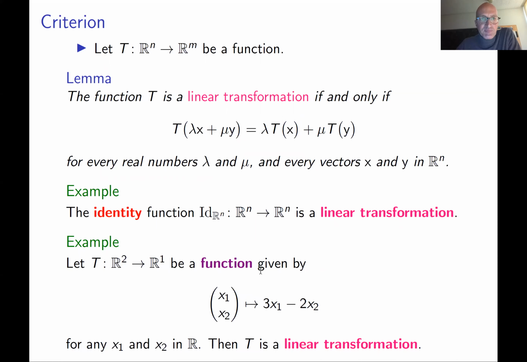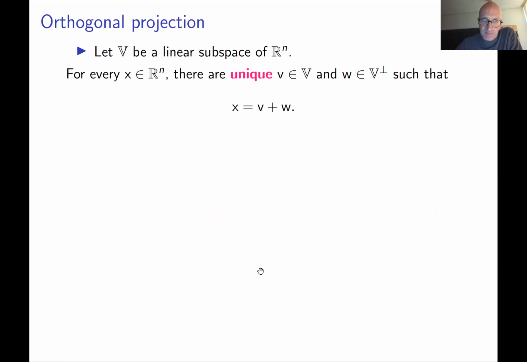Okay. And here's a more complicated example of linear transformations, which we already implicitly considered in the previous lectures. This transformation is called orthogonal projection. First, let us define it as a function, and then we will see that this is an orthogonal projection, and a linear transformation. Okay, what is orthogonal projection?